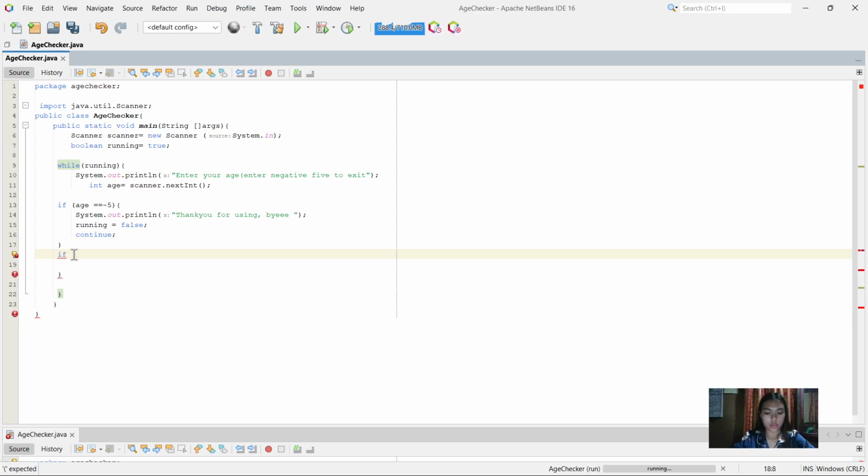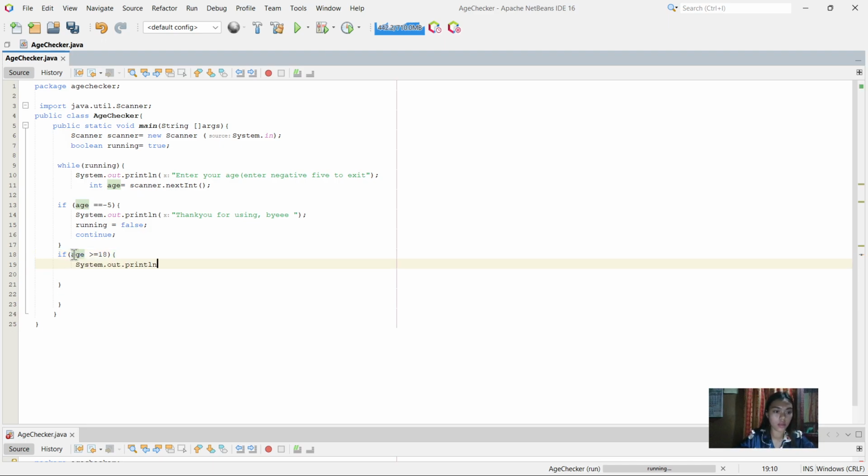If your age is greater than or equal to 18, System.out.print: You are eligible to vote.